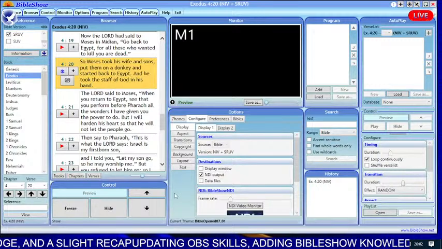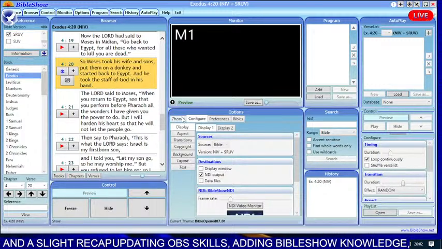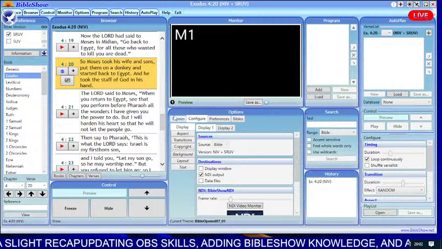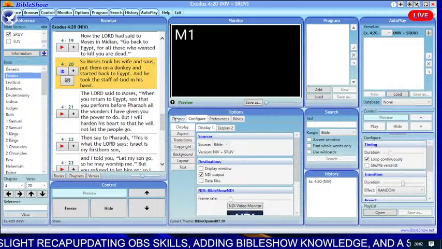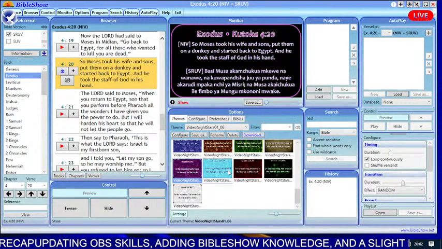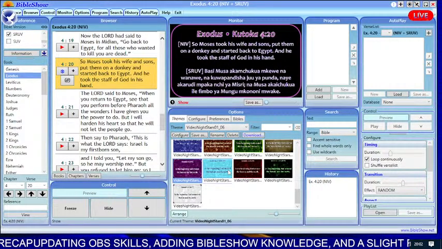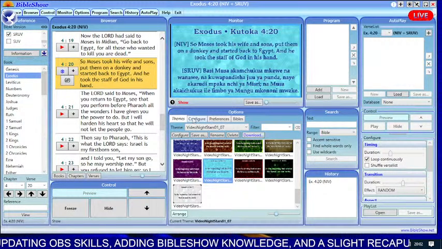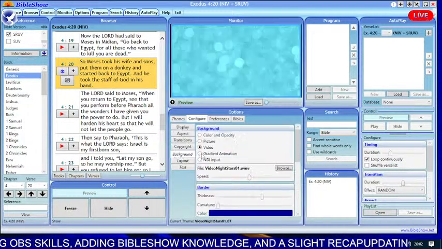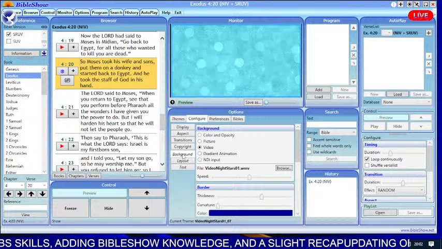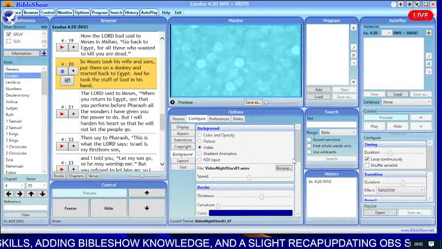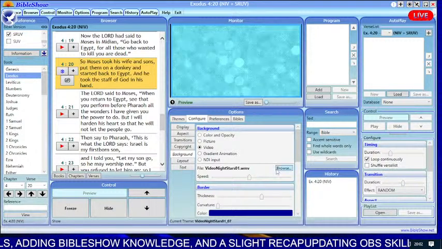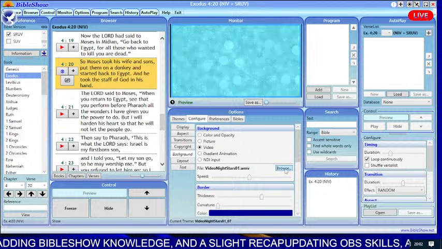Let's say background, you can change the background, everything. You can also select themes. Themes are there. You can select how you want your output to be. But for me, I can just come to configure, and then I go to background, and then I select one of the backgrounds which I have. When you have clicked at the background, you come here on this side, you can say browse, so that you can change